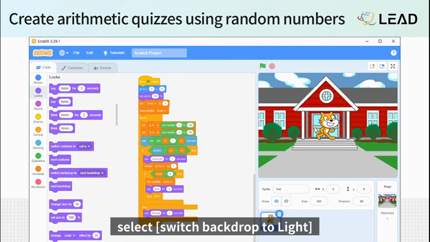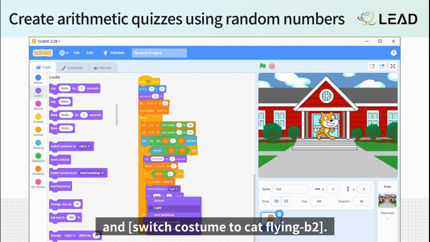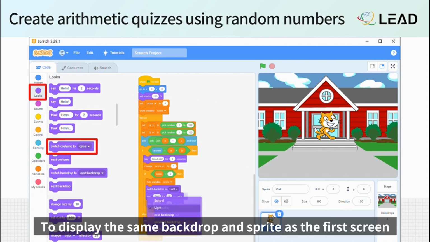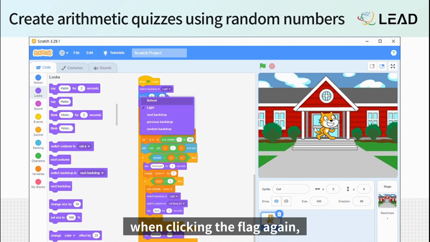In Looks, select Switch Backdrop to Light, and switch Costume to Cat Flying B2. To display the same backdrop and sprite as the first screen when clicking the flag again,